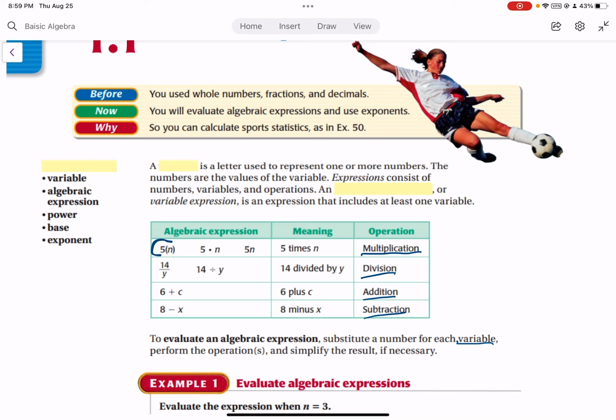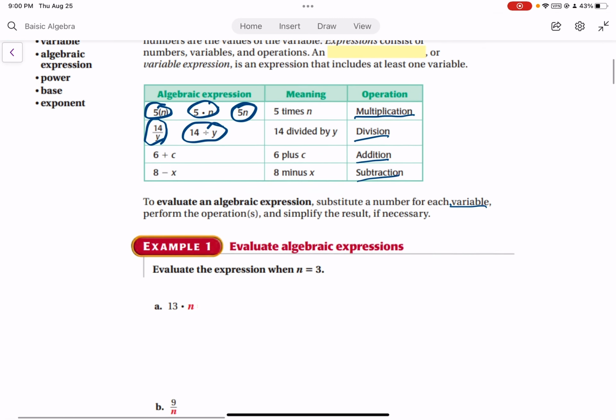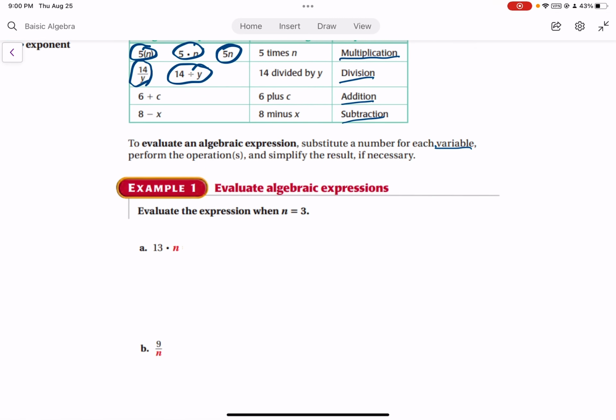Multiplication has a lot of different ones. We put them by each other, we use a dot, or we use parentheses. Division, we end up using a fraction or the divided by sign, and then plus and minus are pretty straightforward, okay? So to evaluate an algebraic expression, substitute a number for each variable and then perform the operations and simplify